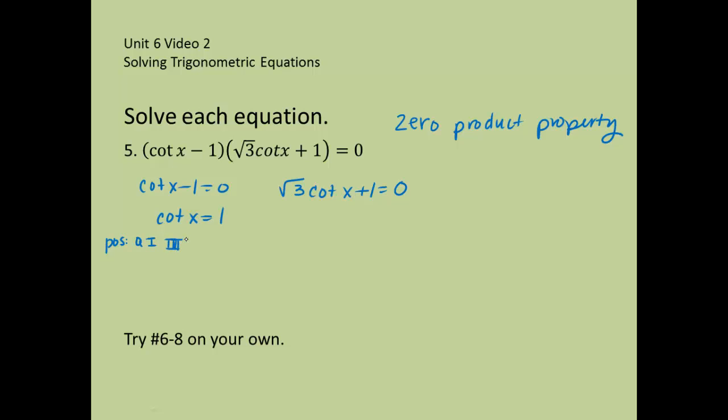And we already talked about if cotangent equals 1, that means the numerator and the denominator must have been the same. So that leaves me with root 2 over 2 over root 2 over 2. That's the only place that they are the same. So my answers are pi over 4 and 5 pi over 4, because this is the first quadrant and the third quadrant. Okay, for this one, I'm going to subtract 1 to the other side